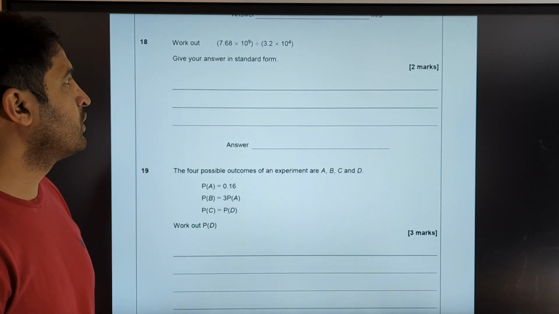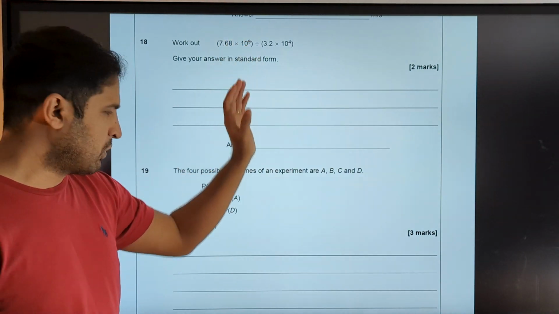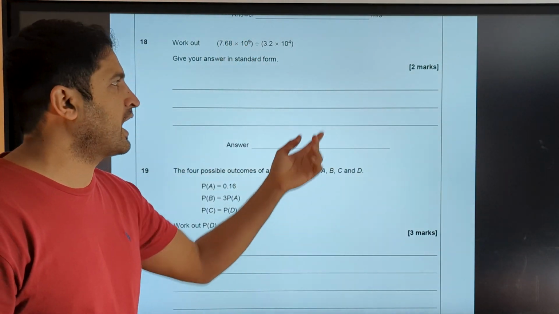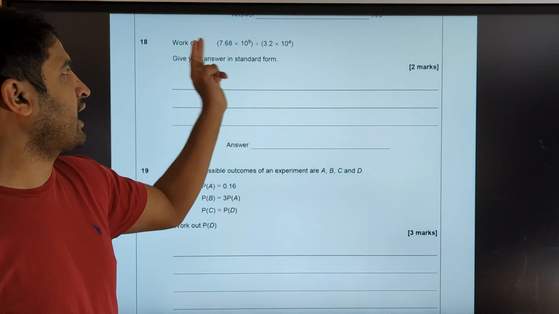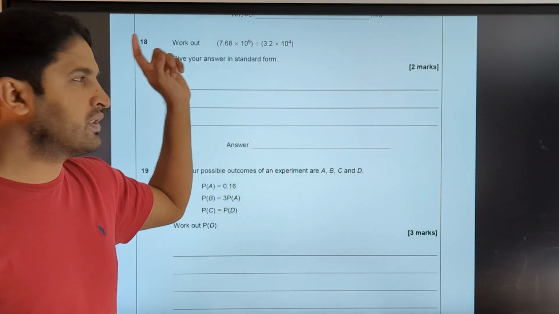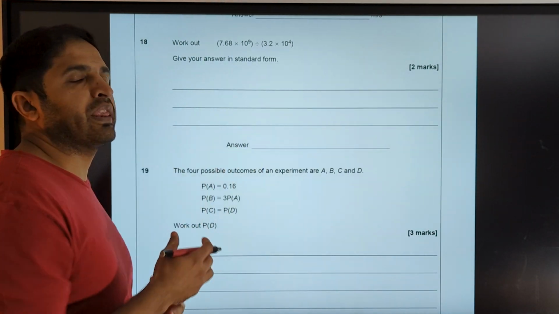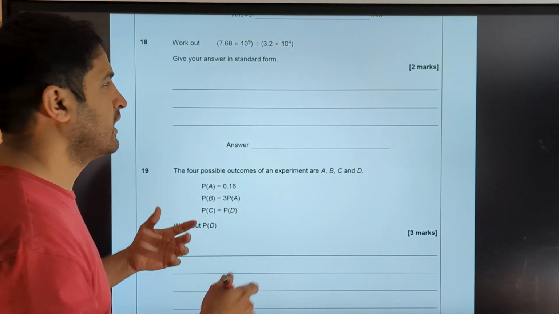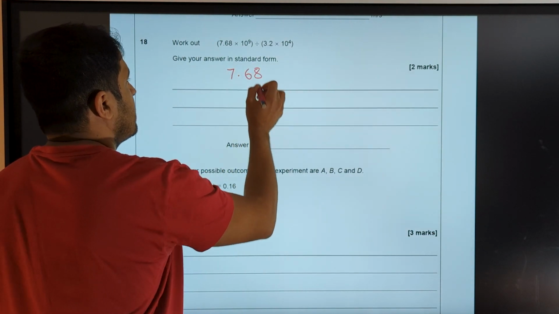Work out the answer to this and give your answer in standard form. Okay, so you can change that or put it straight into the calculator and you get that. You put that in the calculator exactly how it looks here. Use the brackets and you will get the answer straight away. Or you can use the method if you have to do it without a calculator. So I would write that down, saying 7.68